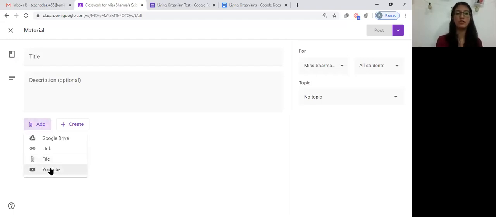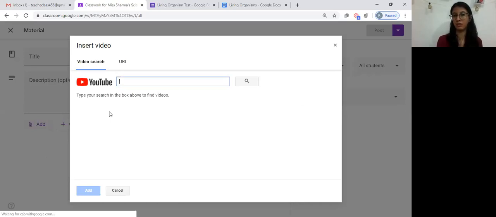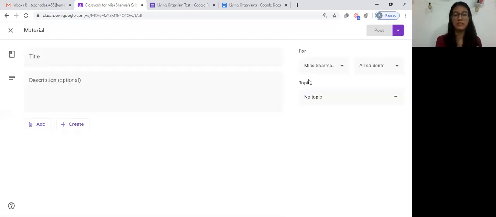Now, what Google Classroom does is it helps you to accumulate everything. But if it's a YouTube video, you can search it live over here. You don't have to save something on your PC and then put it over here. But to answer that question in a direct manner, I think there is going to be some amount of planning that is going to be needed for any class. So I guess, yes.